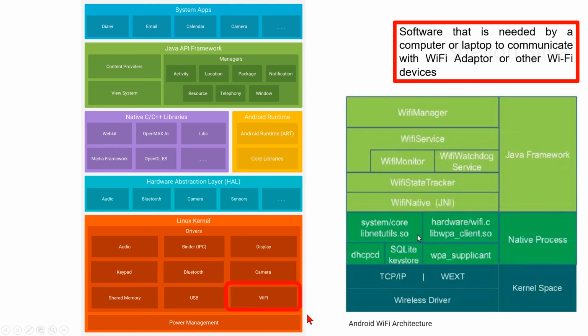Now we are considering Wi-Fi. A Wi-Fi driver is software needed by the computer or laptop to communicate with the Wi-Fi adapter or other Wi-Fi devices. Here you can see the Android Wi-Fi architecture. Application framework code for Wi-Fi manager, Wi-Fi monitor, and Wi-Fi configuration are in